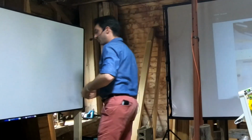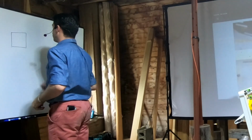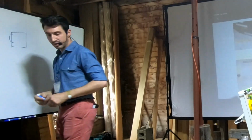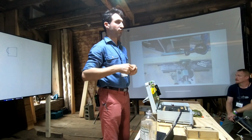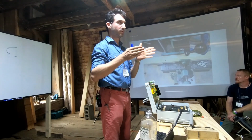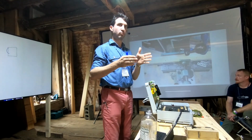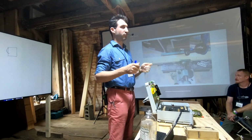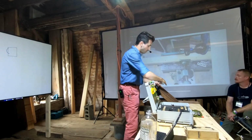So when I cut this square mortise, one of the things I had to deal with was the fact that if you cut a square like this with a chisel mortiser, a lot of times the bit moves and it cuts this little half moon shape out of the side of it. So I modified the auger, which is the part that goes inside of the chisel setup. I modified that to be smaller than the square of the cutter, enough so that no matter what, if that moved around a little bit, it wouldn't put a little half moon on the outside. Because if you have that half moon, it's going to show right here,